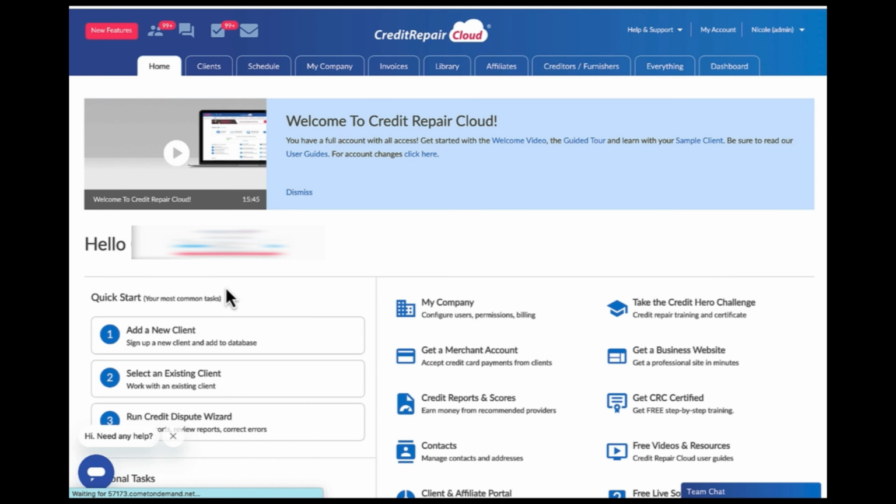If you need to make some changes, updates. That's why I like this software so much, because no matter where you're at, whether you're at home, whether you're at the kids' baseball game or school, whatever, you can log in right from your mobile phone and make changes. And everything can be pretty much done online. So let's go ahead and get started. When you log in,